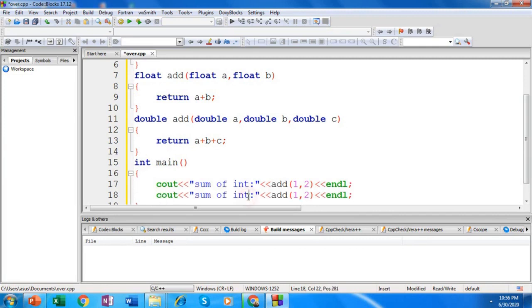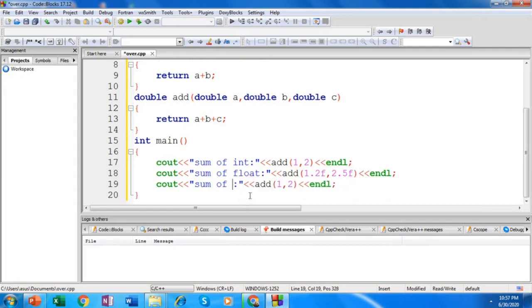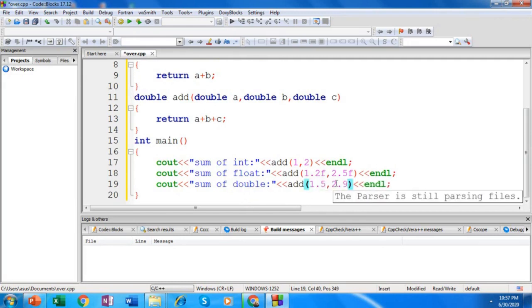Now the second add function is working on float. So sum of float, you have to pass two floating values here. So let me make this a floating constant, 1.2f. Let me make this a float 2.5f. Same way, I'll call the third add function which is working on double. So add of, let me say, 1.5 comma 2.9 comma, one more argument I have to pass here because it